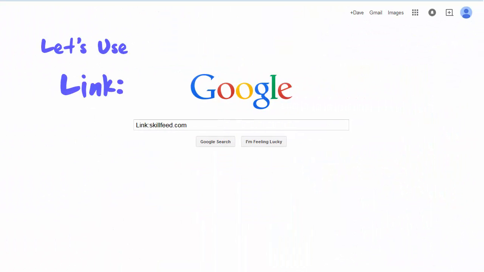The next tip that we'll look at is the link operand. So here you see that we have link with a colon and then skillfeed.com. What this is going to do is show us all the links from other websites that, if you click on those, will bring you to skillfeed.com. So let's take a look and see how that's useful. We do a search,